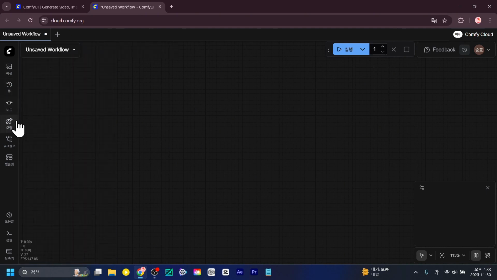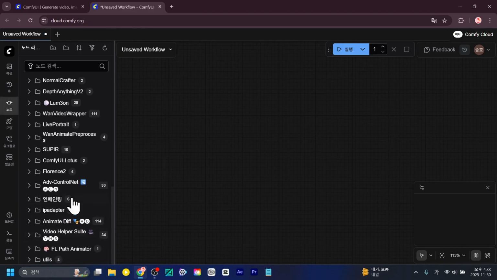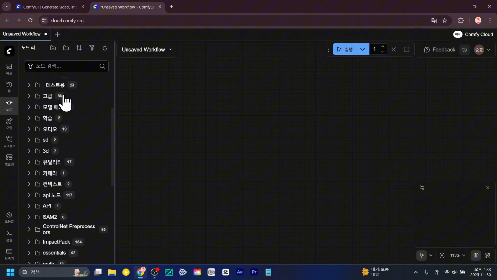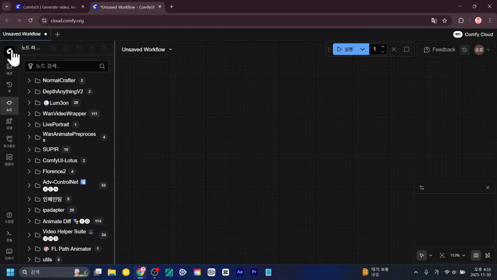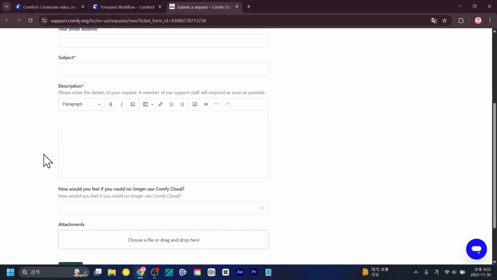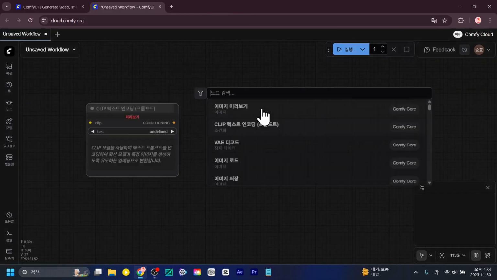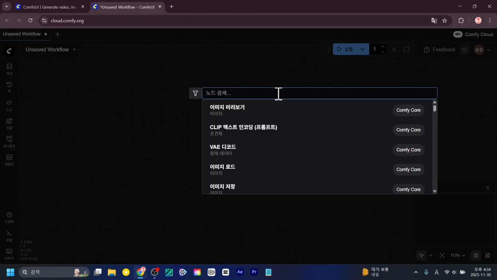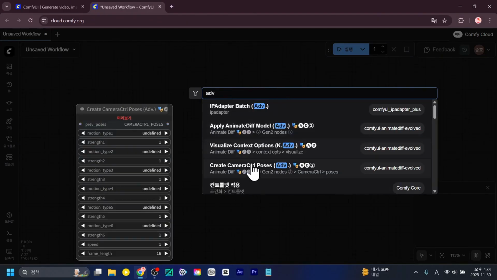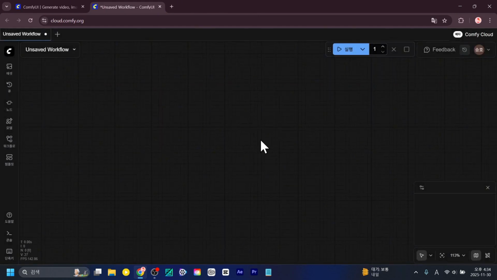Next, nodes are, as mentioned earlier, the types of nodes related to load information, and the nodes that you have, they are set up like this. But since this is cloud-based, it only includes the nodes managed within the Comfy UI. So if there's a node you want to have, you can make a request in the feedback section, and in some cases, they'll add the node within about 3 days. I asked them to add something called the advanced node, and they added it 3 days later. So I thought, wow, that's amazing.